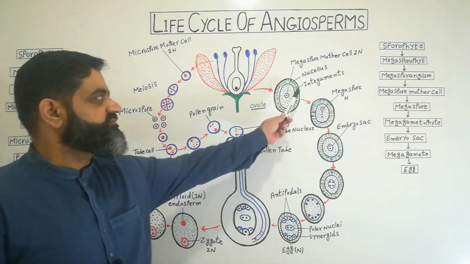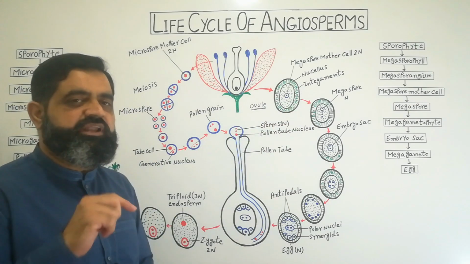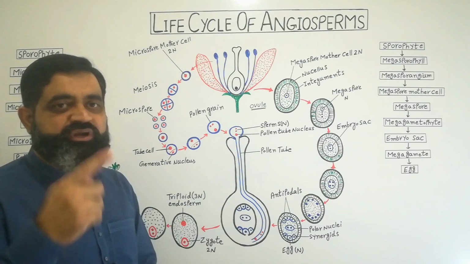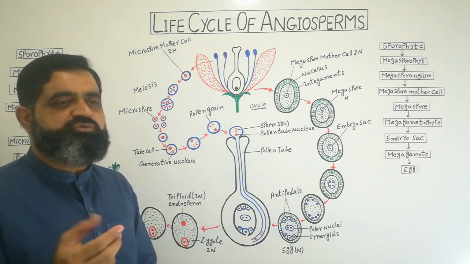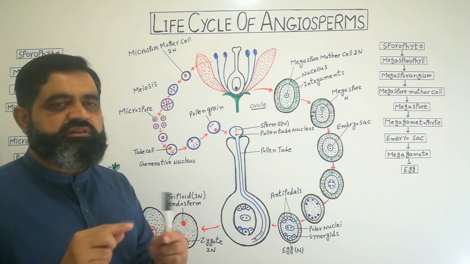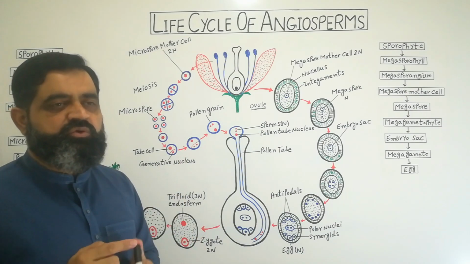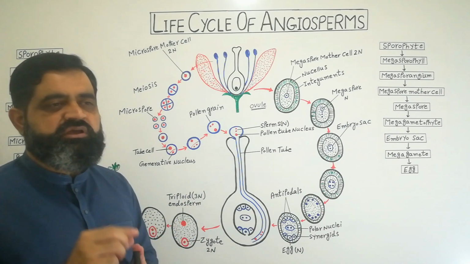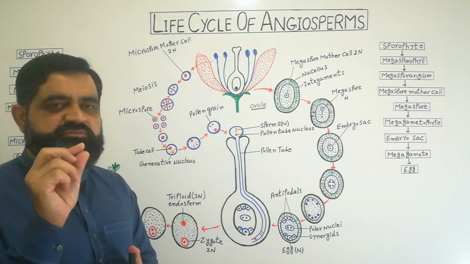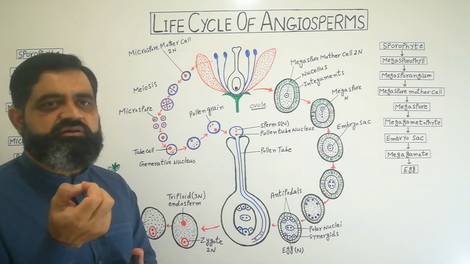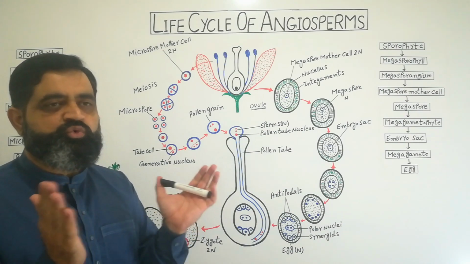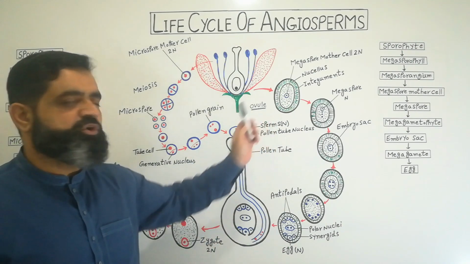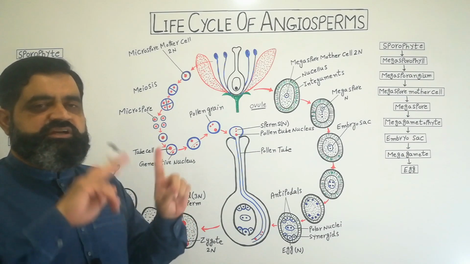The integuments of the ovule, which I have already discussed, will change into the seed coat, which will protect the seed. Like if you open a peanut shell, the outer hard shell is known as testa, and when you open the testa, there are seeds inside, peanut seeds. The peanut seed also contains a thin covering which is red in color, that is known as tegmen. So these are two different types of seed coats which are produced by the integuments, and the seed is completely formed.